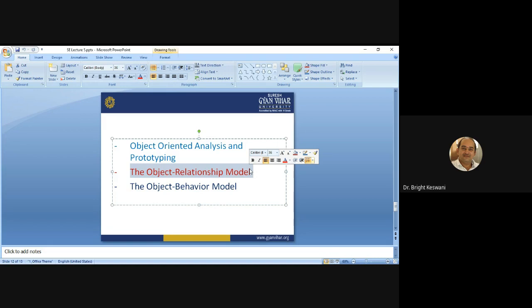You can retrieve all the information about each and every class from the CRC index card. Using the CRC index cards, a network of collaborator objects can be drawn.